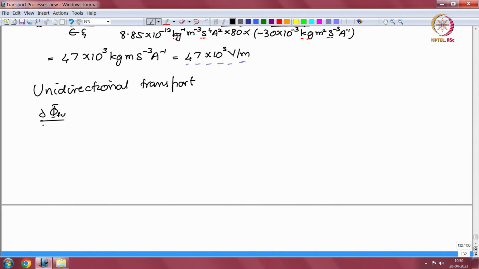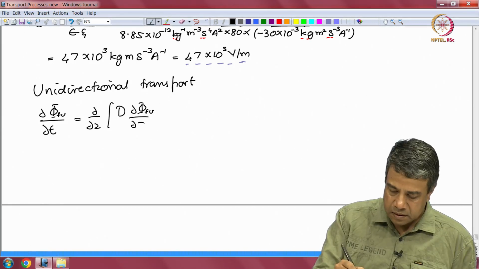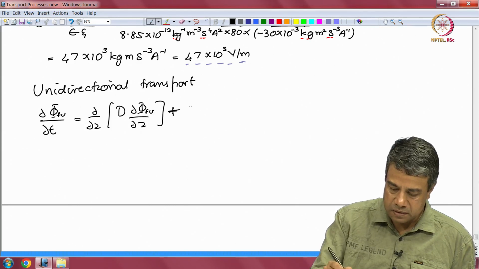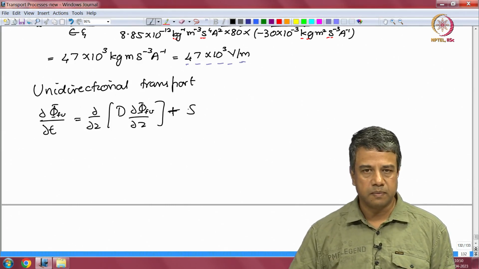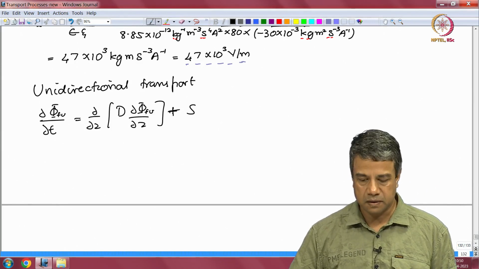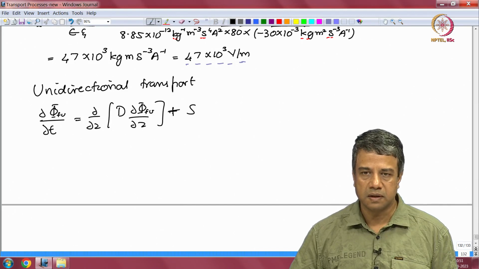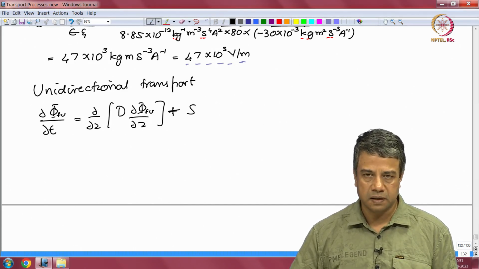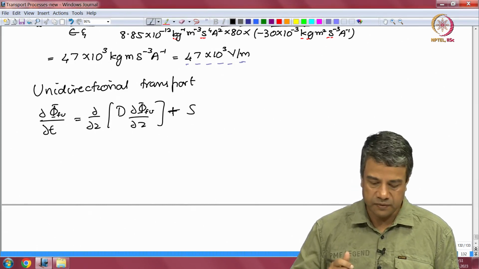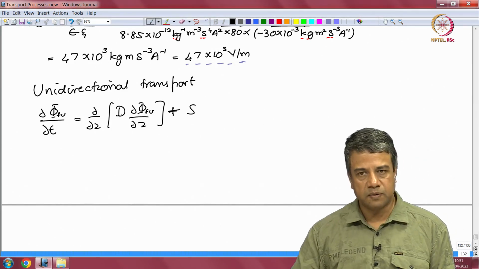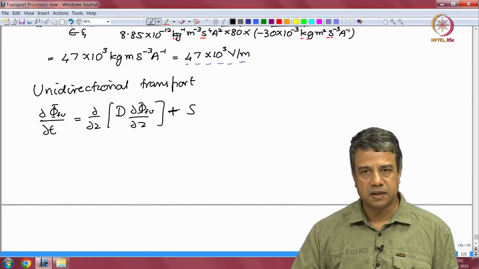field variable by partial t is equal to partial by partial z of the diffusivity times partial phi by partial z, plus any source, where the field variable could be concentration, temperature or velocity, and you substitute the appropriate diffusion coefficient, mass diffusivity, thermal diffusivity or momentum diffusivity for D, and the appropriate source, which is a mass